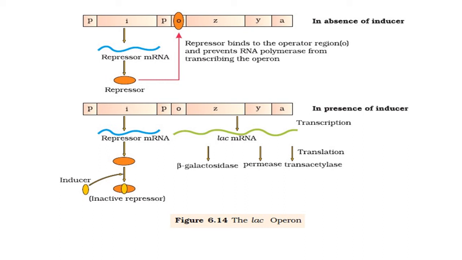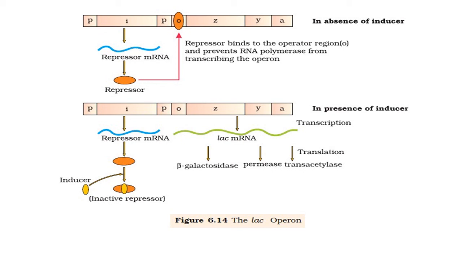Lactose is the substrate for the enzyme beta galactosidase and it regulates switching the operon on and off. That is the role of beta galactosidase in the lac operon. Hence it is termed an inducer because it induces the mechanism or process. In the absence of a preferred carbon source such as glucose, if lactose is provided in the growth medium of the bacteria, the lactose is transported into the cells through the action of permease.